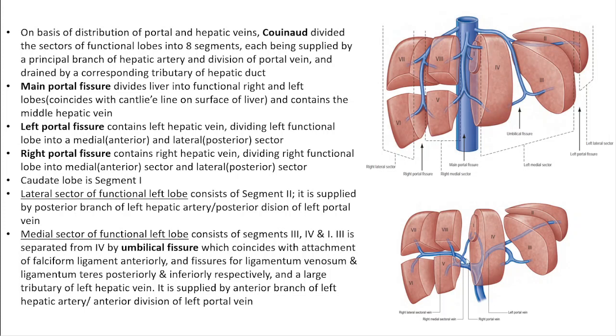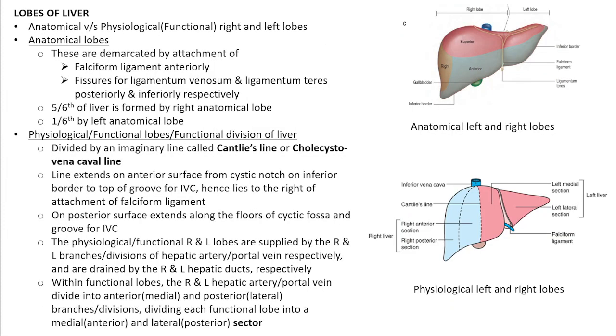However, there will still be some bleeding from the intersegmental location of the hepatic veins that the surgeon has to deal with, but this is the clinical significance of the surgical division of the liver, that individual segments of the liver can be removed in disease processes. Right. Okay, now coming to the details.